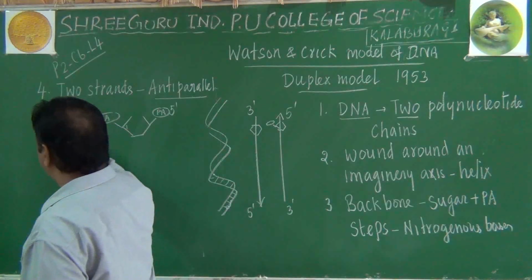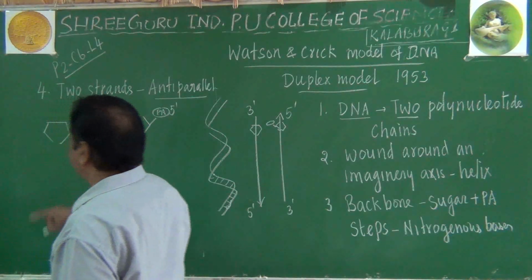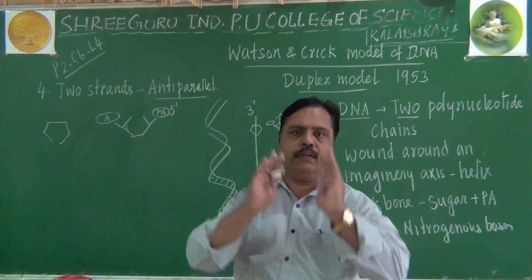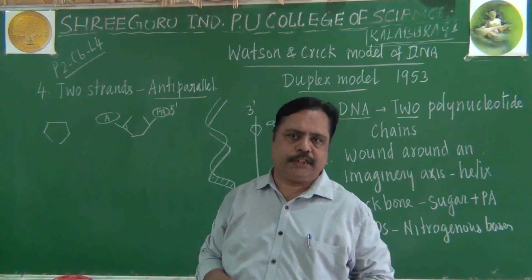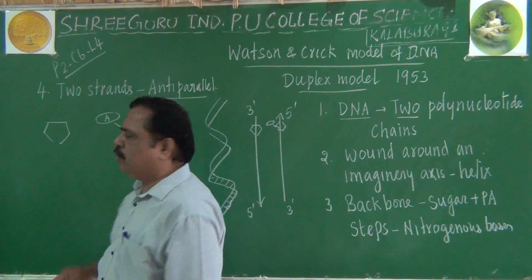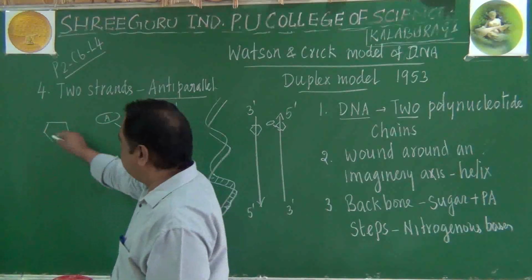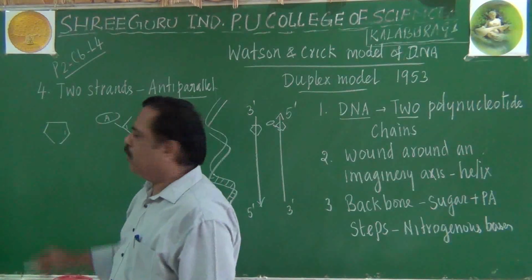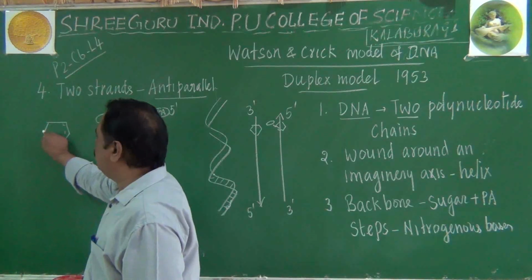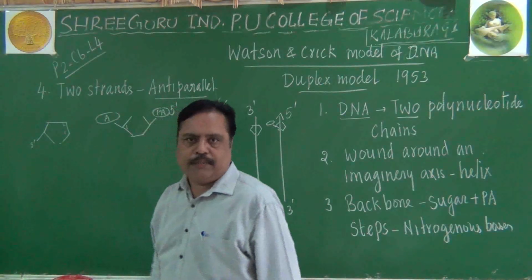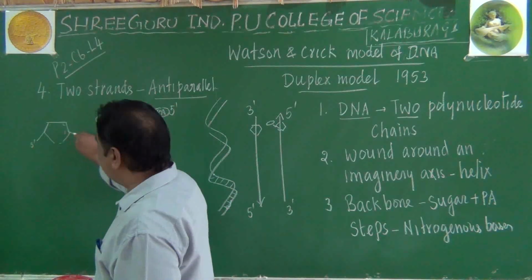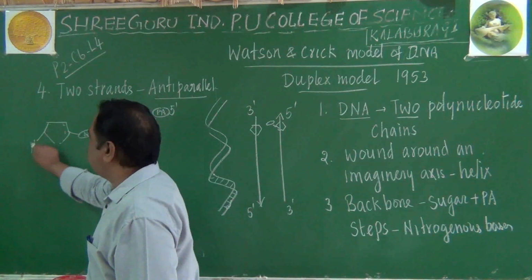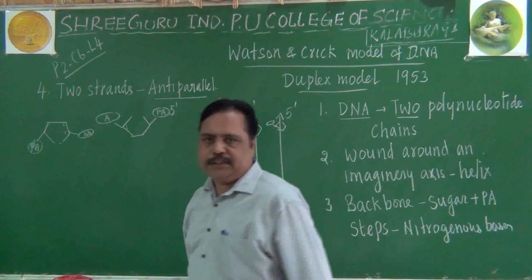What about the opposite chain? Here, the sugar molecule will be facing downwardly. That is called anti-parallelity. They are not parallel like a railway track. It is an anti-parallel direction. This sugar molecule is facing downwardly. Please listen carefully. In this downwardly facing sugar molecule, this is the first carbon atom, this is the second one, third one, fourth one, fifth one is here. Imagine this point. Now, with the first carbon atom, one nitrogenous base will be present. Here nitrogenous base, here phosphoric acid, like that they will be arranged.